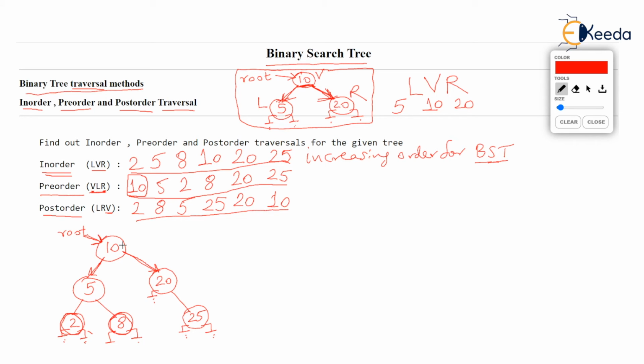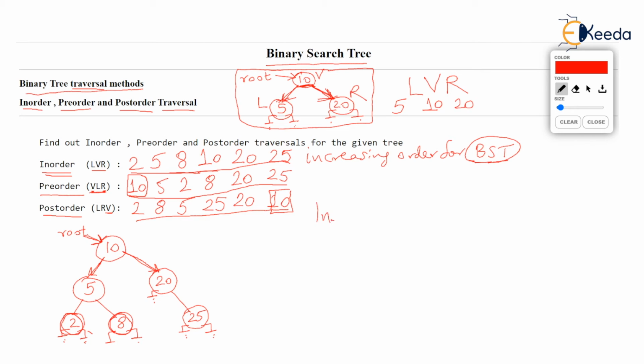Now you observe the output of post order is also neither in increasing nor in decreasing order. But a very important fact is that the last value printed in post order is always the value of the root. Remember this. But one very interesting thing about in order: you saw that in order is in increasing order, isn't it? You remember this only for a binary search tree. If you are given a binary search tree, then in order will be increasing.